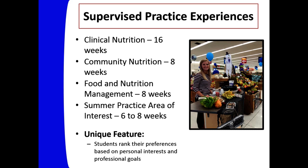Then the opposite semester, you'll complete both your community nutrition and your food and nutrition management rotations. So about 240 hours each for those two rotations. And then in a minute, I'm going to talk a little bit more about, we have a summer practice area of interest rotation where you really help to design this, and that also is about 240 hours. So altogether, along with other activities that we do during the internship, you will easily accumulate your 1,200 hours of